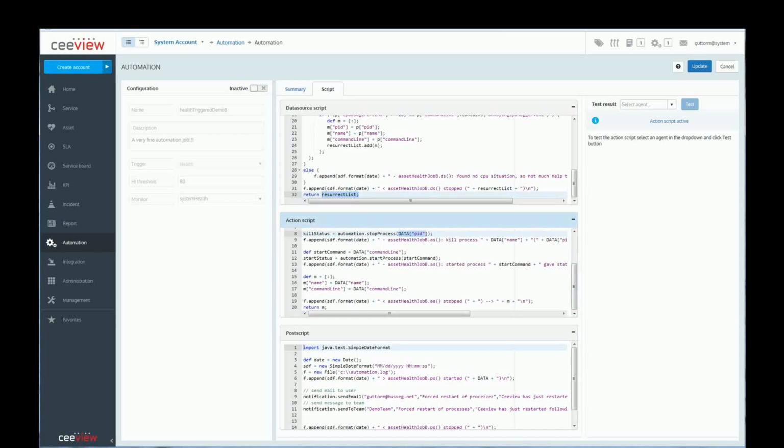Secondly, we build a command to start the process again. In this example it's just a copy of the command line we found in the Datasource script. We use another Ceeview extension, start process, to start the process again,